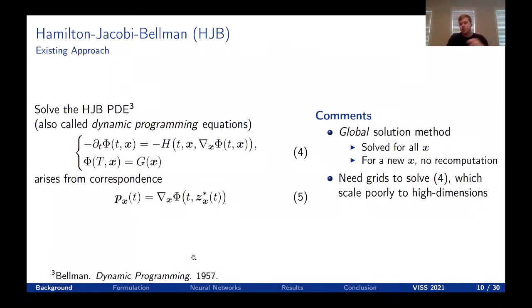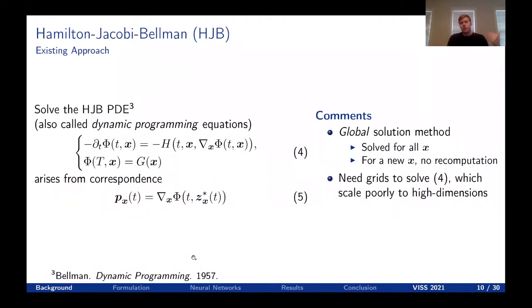And this is great because it's a global solution method. If I change the starting point X, you can still use the same phi now that you know what phi is. The problem is this doesn't scale well to high dimensions. This is usually called the curse of dimensionality, because you usually need grids to solve this equation in high dimensions. There's a lot of work on more efficient ways to do so, but a lot of them are still bound by this curse of dimensionality,